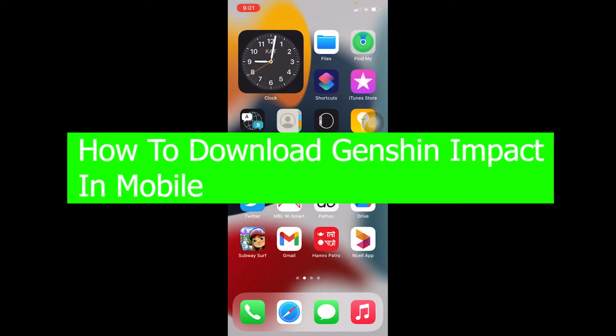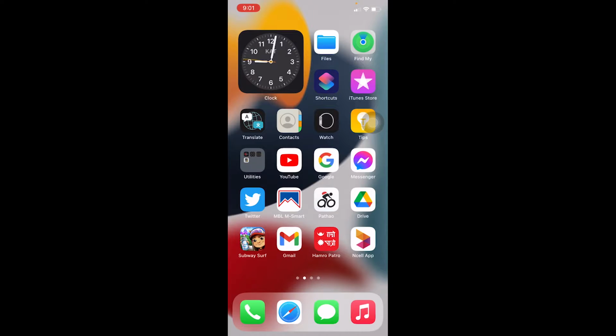All right, so today's video is on how we can download Genshin Impact on our mobile. Genshin Impact is a free-to-play game available for iOS, Xbox, PlayStation, and PC, but it is not available for Android. So for all you Android users who think that by watching this video you can download Genshin Impact on your mobile, I'm sorry, you cannot. There is a way through which you can download Genshin Impact even for Android users,